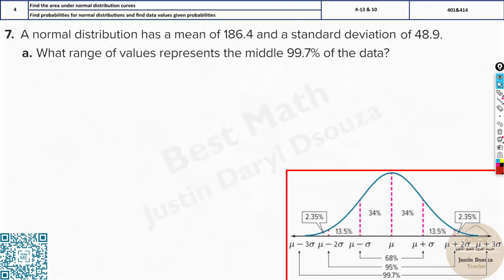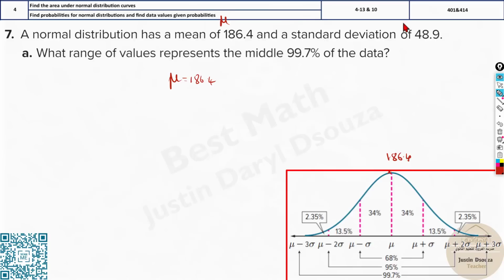Here, the middle one is given by this symbol, mu, a Greek alphabet. Even this one is a small letter sigma. You have seen this sigma notation before, right? This is like imagine capital A, and small letter a is like this. This is the small letter of sigma. So this is sigma and mu. Now here the mean is given by mu. This is the center, whatever the mean is, given as 186.4, right? That is this point here,